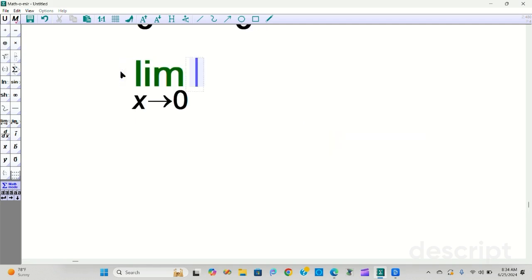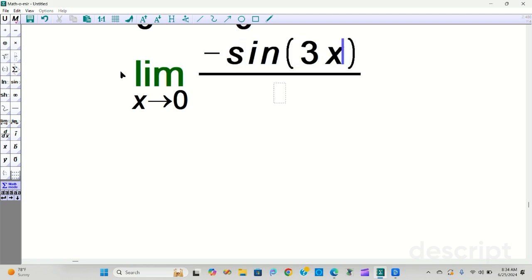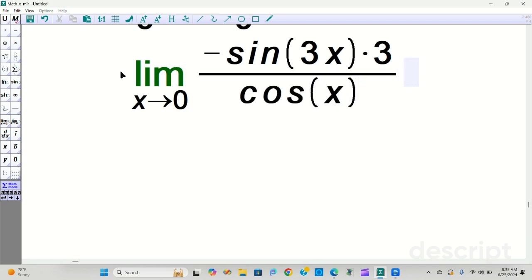So it's going to give us the limit as x approaches 0. Now we had cosine of 3x. The derivative of cosine is negative sine. You copy the inside and you multiply by the derivative of the inside, which is 3. The derivative of the negative 1 in the original is 0, so that goes away. In the bottom you have sine, so that becomes cosine of x when you differentiate the top and the bottom